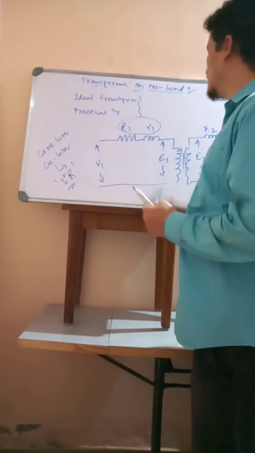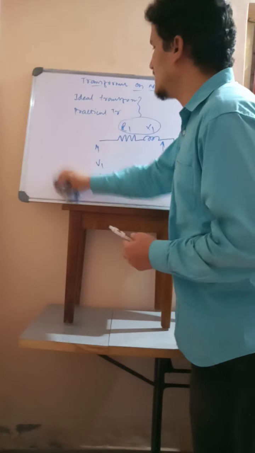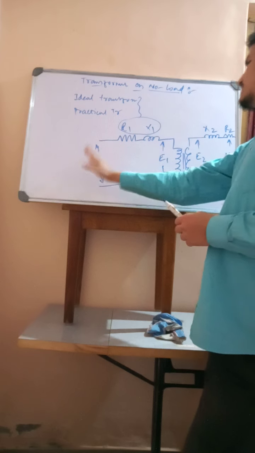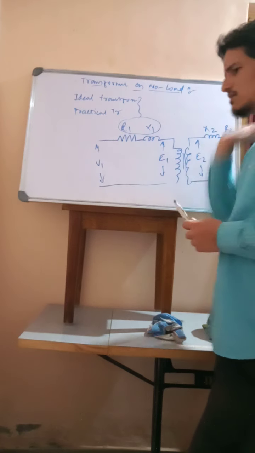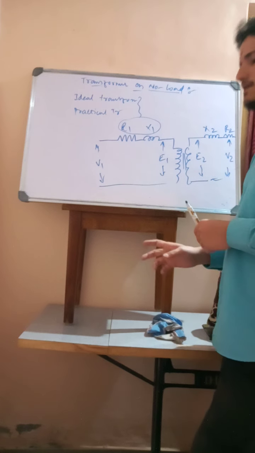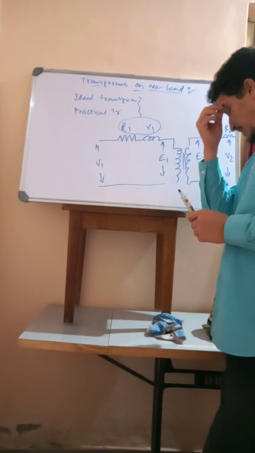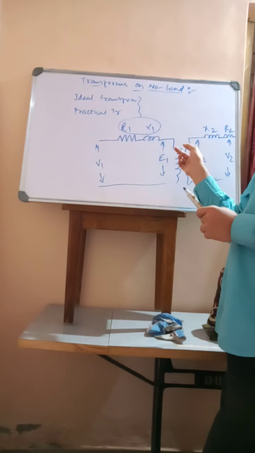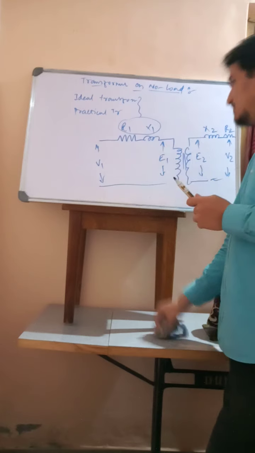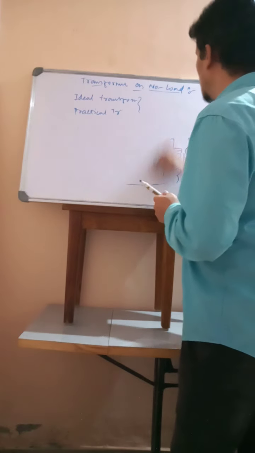So there will be significant losses in the transformer. 100% efficiency will not be there. If you want to transmit power from the primary circuit to the other circuit, 100% will not be transferred. Some losses will take place. That is the practical transformer, the existing transformer. In an ideal transformer, 100% it will transfer, but that kind of transformer will not exist in the real world.